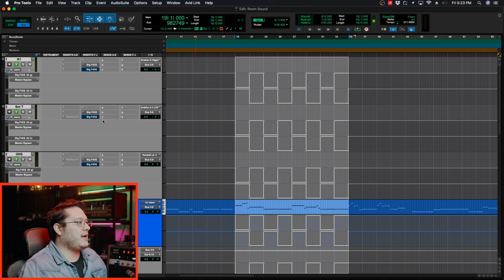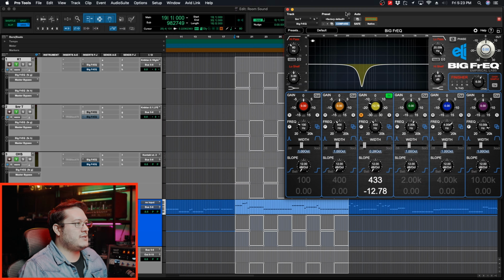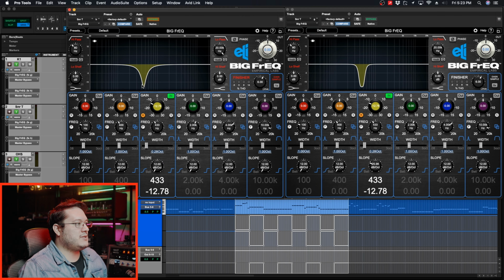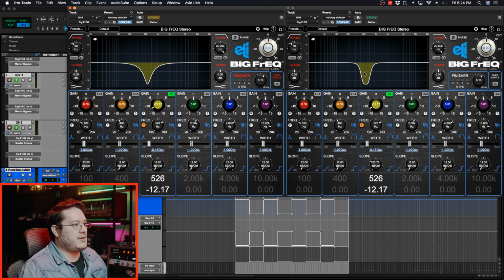Now let's take a look at the snare EQ. This is with the slopes, and these are my settings without the slopes, and you can see right here, pretty straightforward to see the difference, and I can get away with 12 dB and then finisher on there. Go to overheads. All right, and same thing, the first one had slopes and the finisher, second one did not